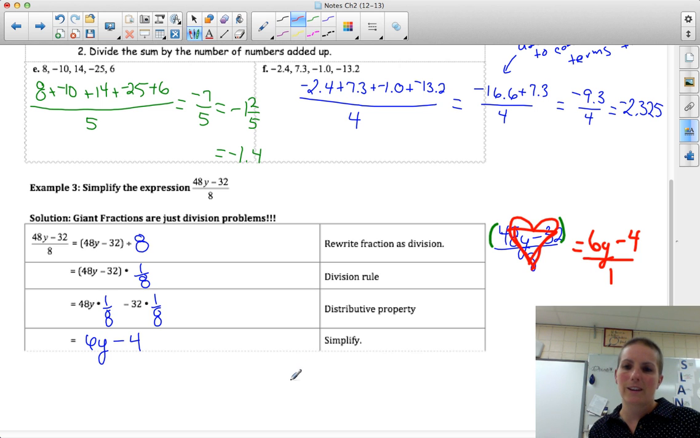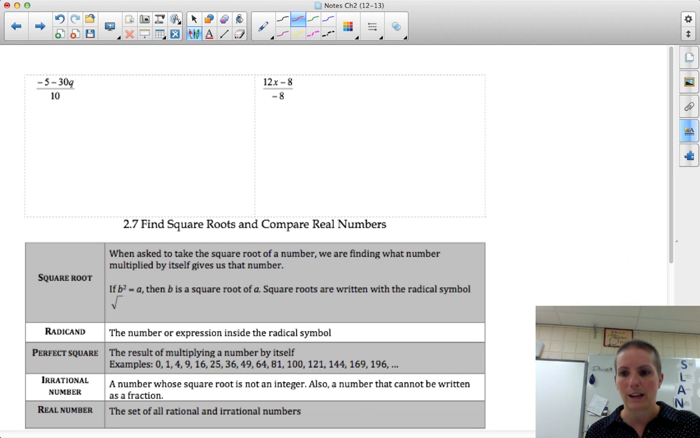Now, I have a feeling that that's probably a new topic, so I think I'm going to talk through one more. But if you think you'd like to practice it first, then go ahead and practice on the next page. There are 2 examples at the top. So go ahead and practice, and then come back. If you're not quite ready to practice on your own, I'm going to talk through the next one again. So when I look at this next problem, I've got -5 minus 30q all over 10. So my first step